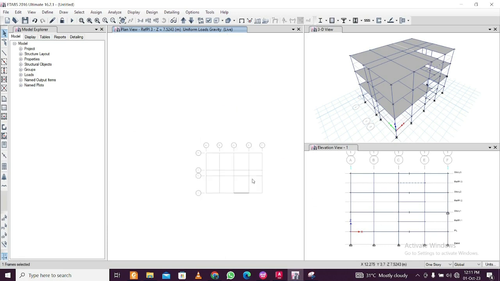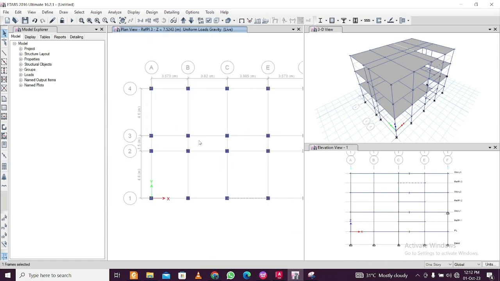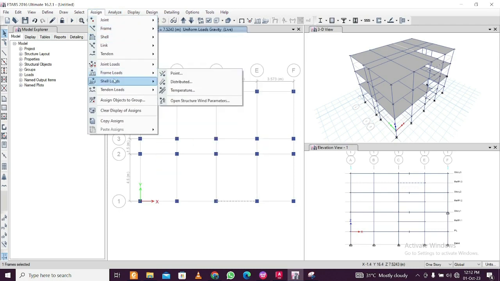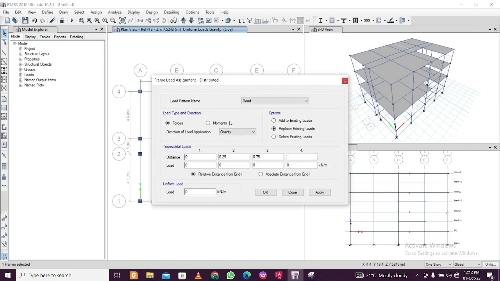So all the beams are selected, and then go to assign frame loads, distributed, and we'll apply dead load